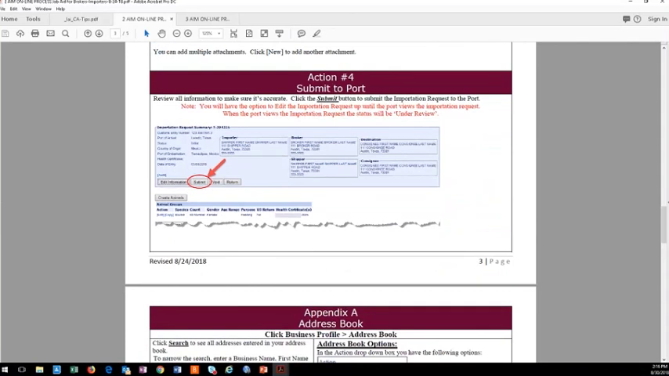And the last action, number 4, is to submit it to the port. And then click on submit, and this just makes a note saying that you can make changes up until the port views the importation request, and then the status will be under review, and you won't have the option to edit at that point. If they are reviewing it and you saw something that needed to be changed, you could just call the port and let them know, or email them, and